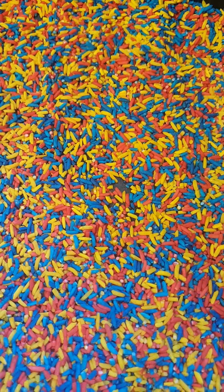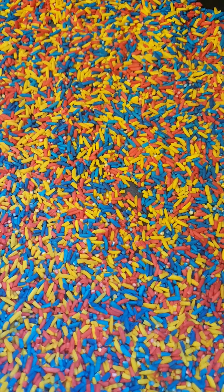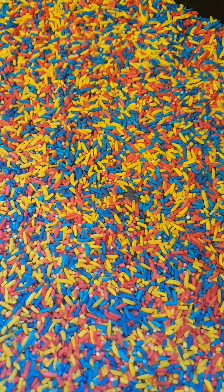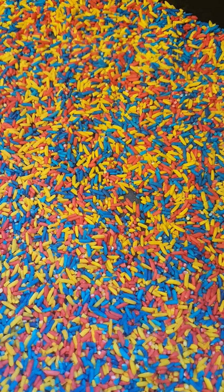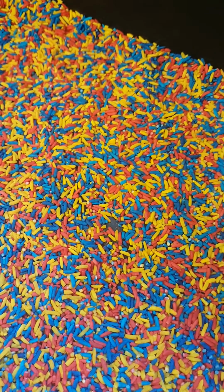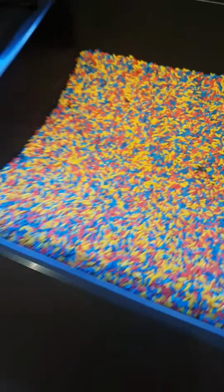So this is rice that I have dyed red, yellow and blue, but you can use any colours you like. I simply mixed them up together in a little bag and then spread them out over baking paper so that they could dry. And once they were all dry, then I put them all together and made this lovely vibrant mix. So what I would do now is I've added it to a kitty litter tray, a clean one I must say,